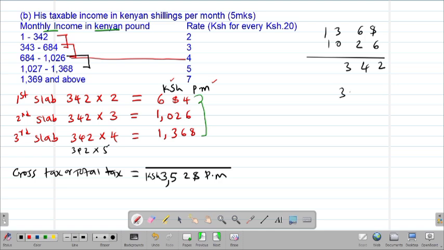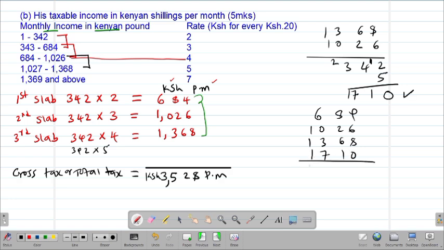So if you take 342, if you multiply this one by 5, your calculator will give you the following. If you multiply by 5, this is 10 carry 1, 10 carry 1. Then of course this is 20, 21 carry 2. This is 8. That is this is 15, 16, 17. This will be 1710. So if you take 684, then you add 1026, then you add 1368. If you add it to 1710, you realize that you'll get an answer which is far much greater than the total tax of